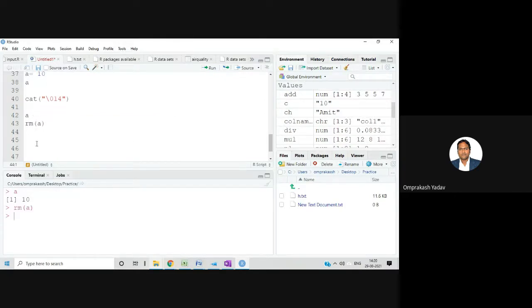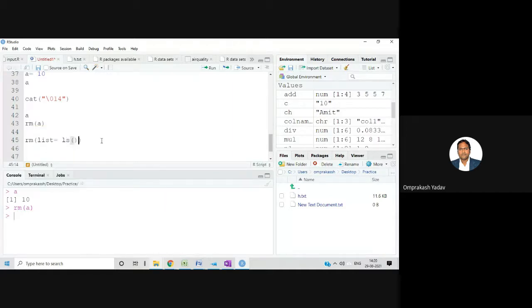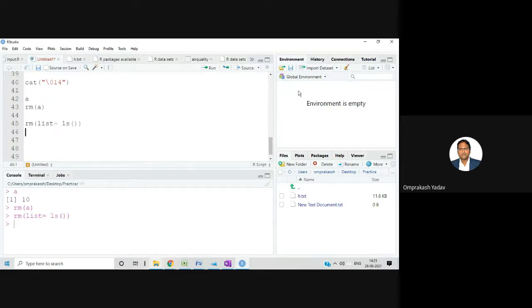Now, suppose I want to clear everything, then I can write rm(list = ls()). If I execute this, it will clear all the things in the environment window. The environment is now empty, so it clears the entire environment.